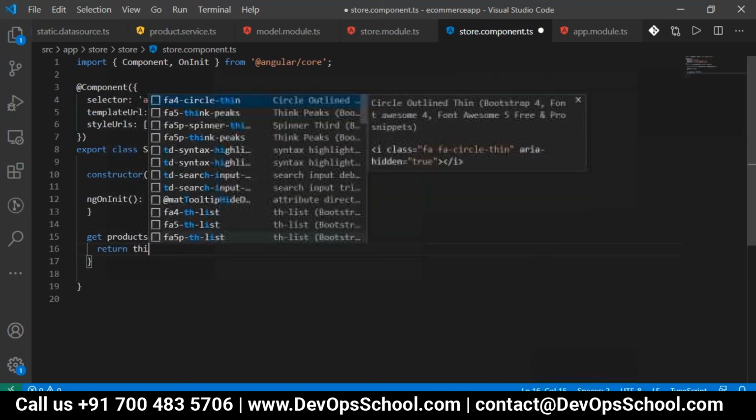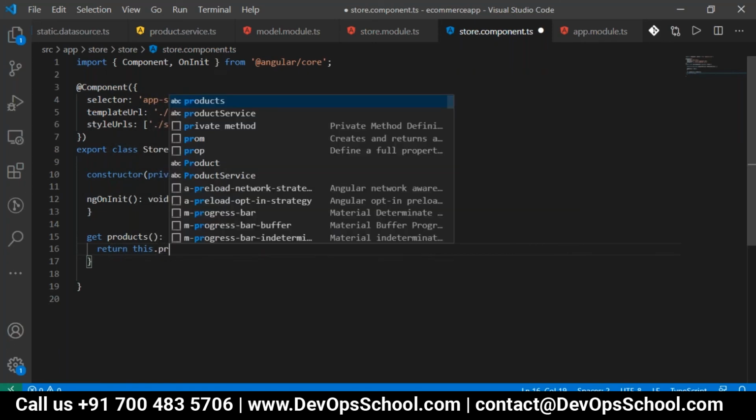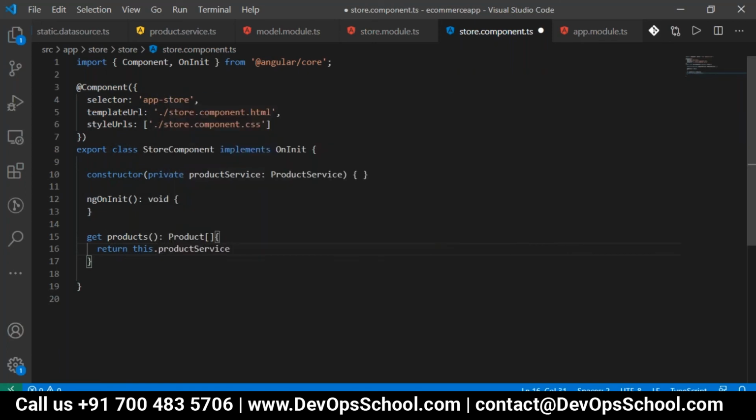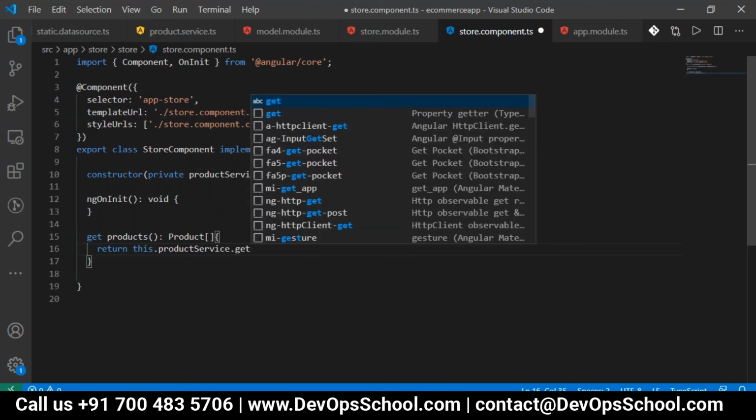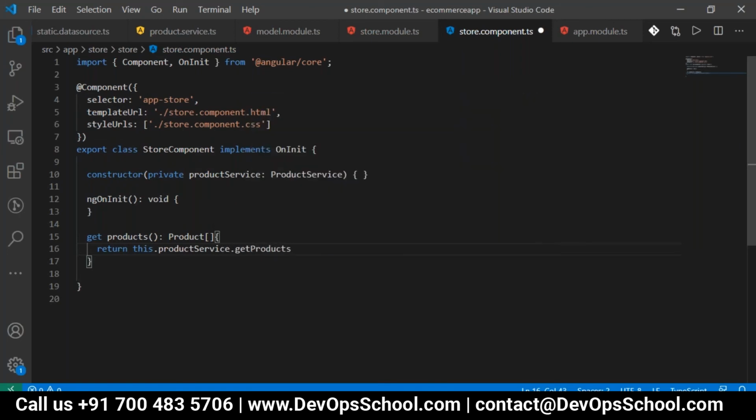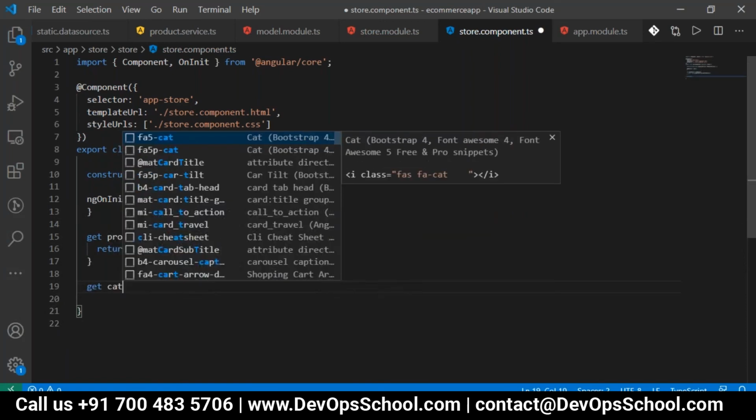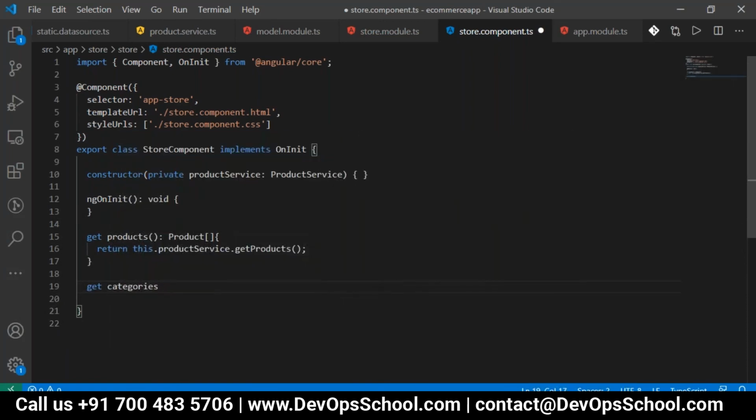Return this dot product service, which is an object that has a method called get products. This method I'm getting here. So now I'm able to get all the list of products data to this particular store component HTML. In the same way I want to get all the categories, so we can use it here. Categories, which is a type of string array.